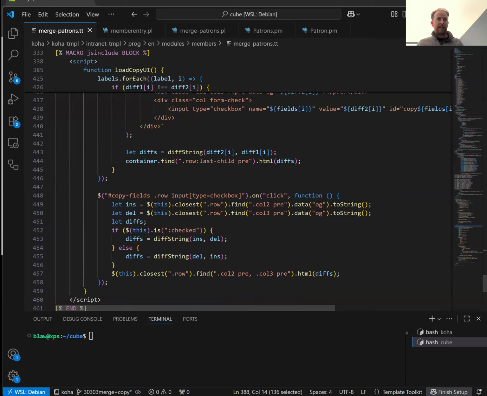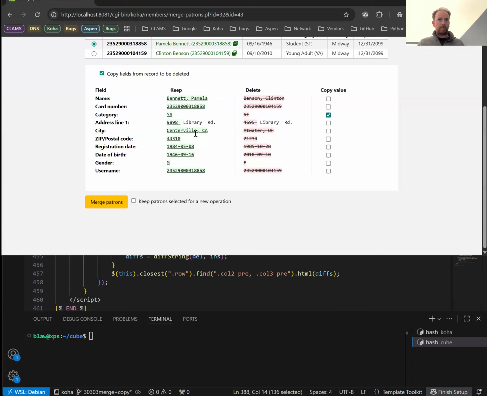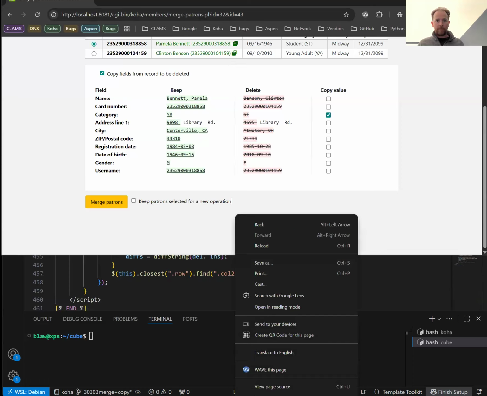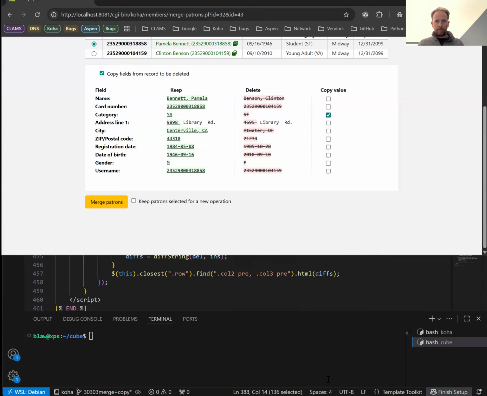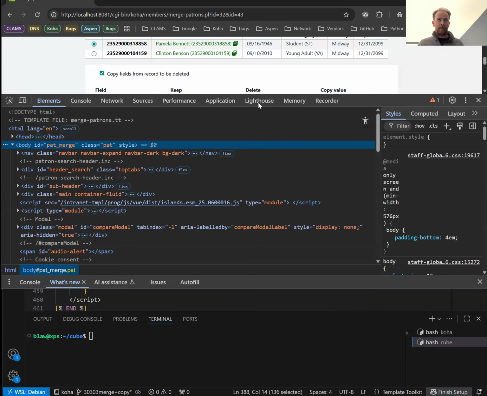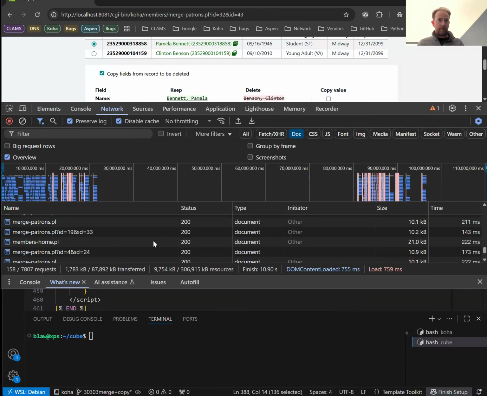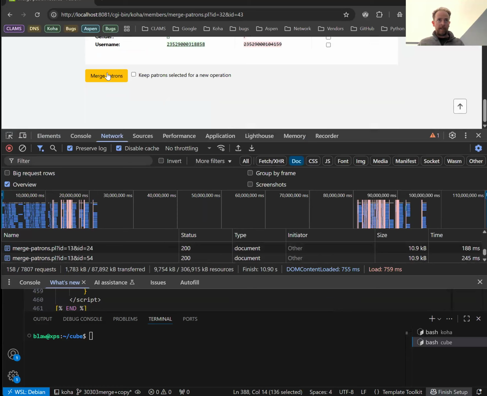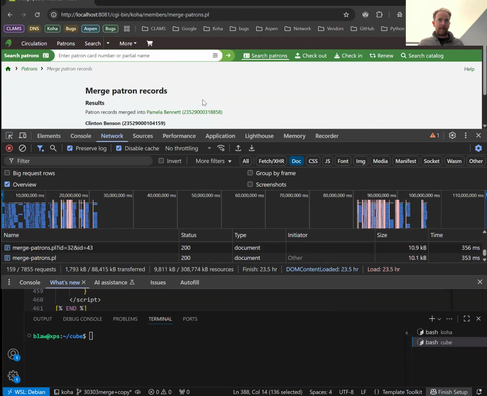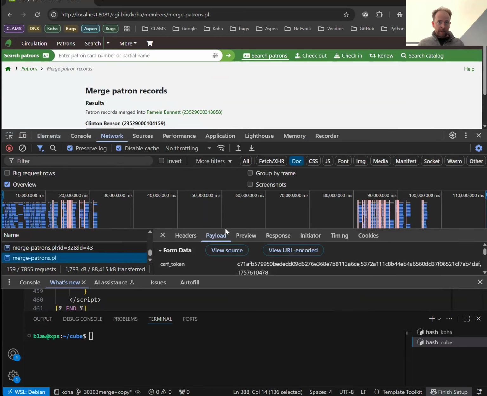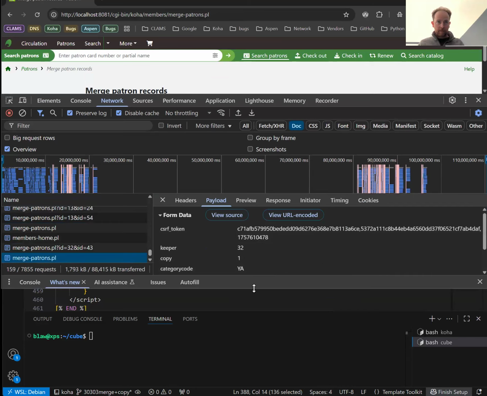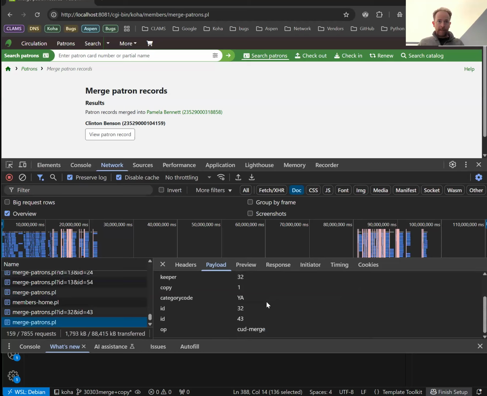So currently right now, let me see. Oops. Yeah, there we go. If you do a merge, and then you look at this, I think it's bigger. It sends